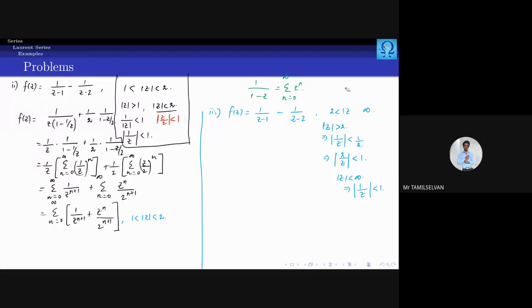The thing is, you have 2 smaller than absolute of z smaller than, let us say, m. From this, you know that your m is bigger than 2. Okay. Then what happens with your 1 upon m? Whether this is smaller than 1 or bigger than 1, that is my question. Smaller than 1, sir. Smaller than 1. You are sure about it, right? So that is what we have written here.